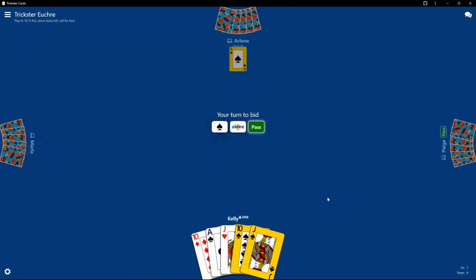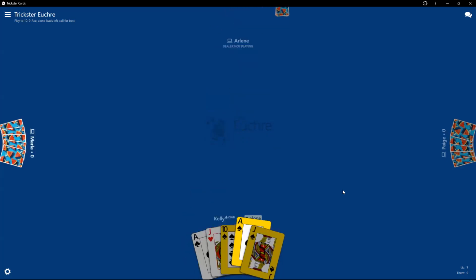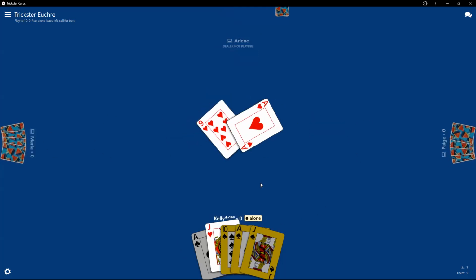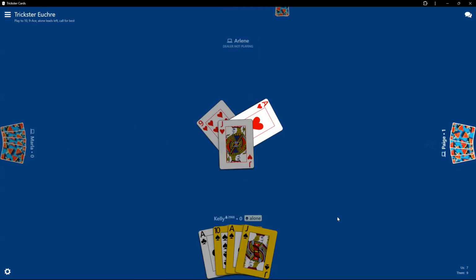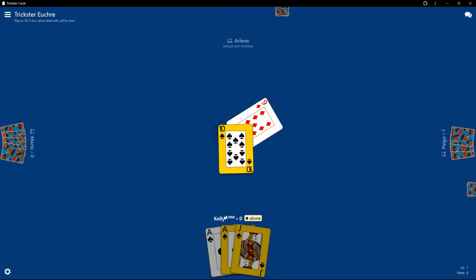That's nice. Okay, so I am definitely going to make the spades alone because I feel confident. Not that I'll get 4 points, but that I'll get one for sure. And again, at the end of the game, we're trying to stop them from getting one more point to win this game. So I would like to have got rid of that jack. And if I was the dealer, I could have. But see, I can't take that trick. And I knew it. I mean, the chances of getting that trick are really slim.